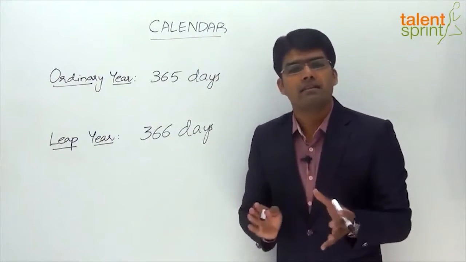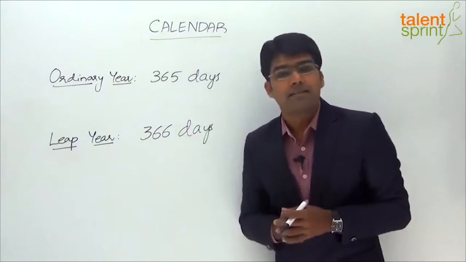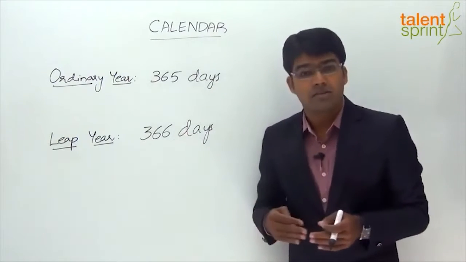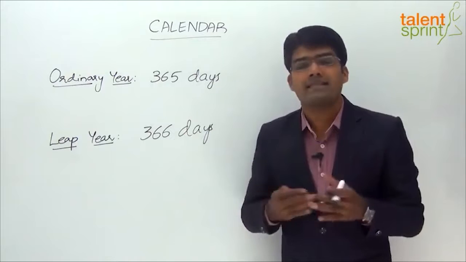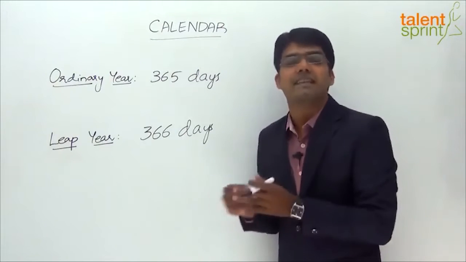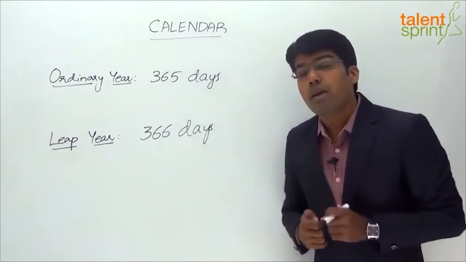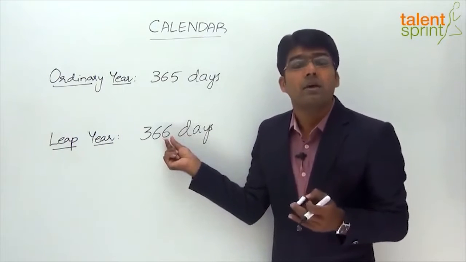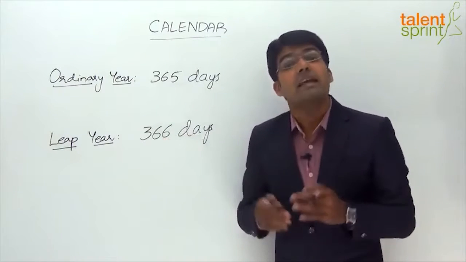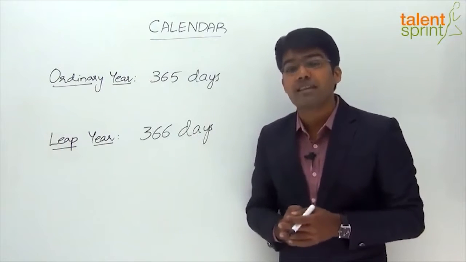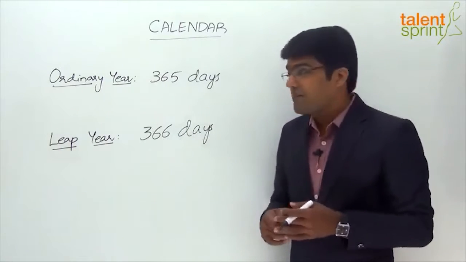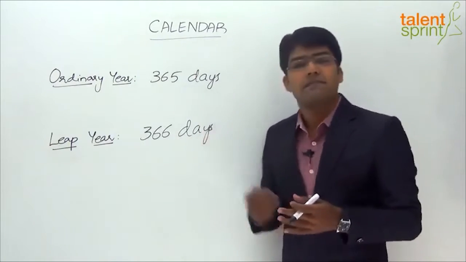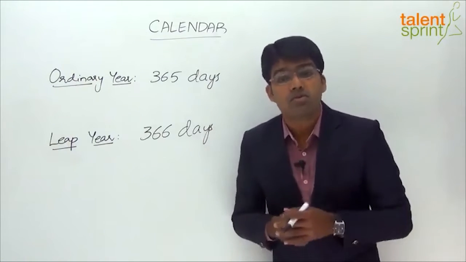Hence, an ordinary year, though it is considered to have 365 days, actually has 365 and 1/4 of a day. Now in a leap year, which occurs after every 4 years, we have one extra day, which is a result of 4 quarter days in those 4 years. So the point here is, if we do not consider this one additional day every 4 years, we would lose 6 hours from our calendar every year, which is about 24 days in 100 years. That is, if we assume that all the years are ordinary years without having any leap year, and every year has got 365 days, then every 100 years we would lose 24 days.